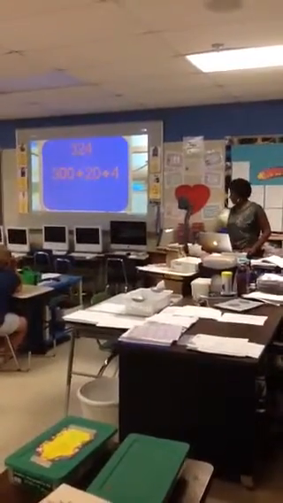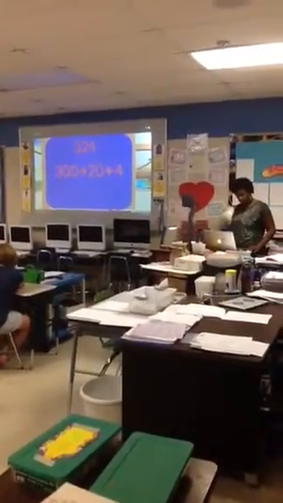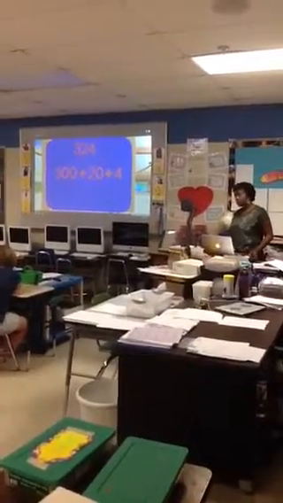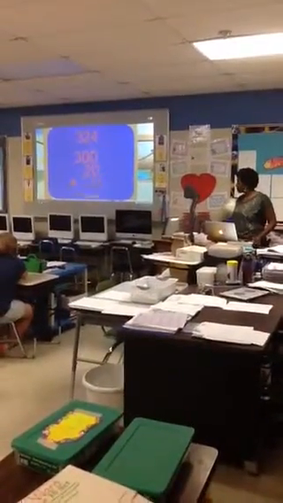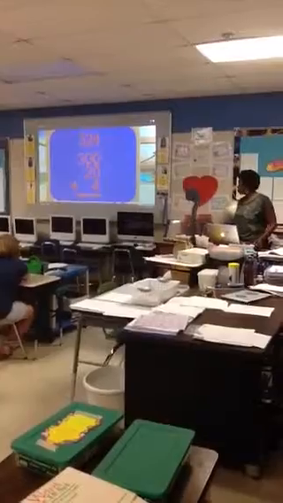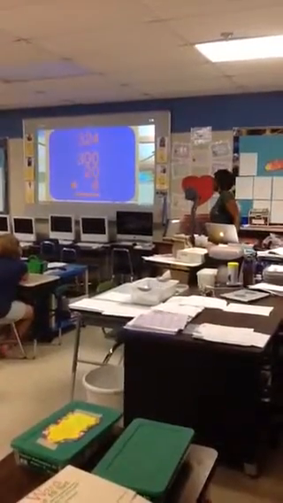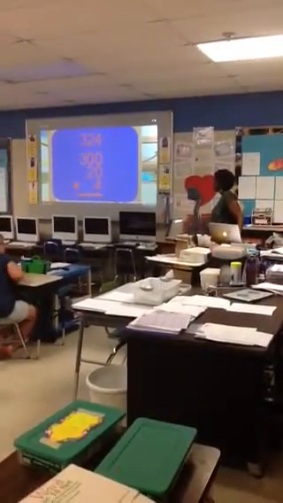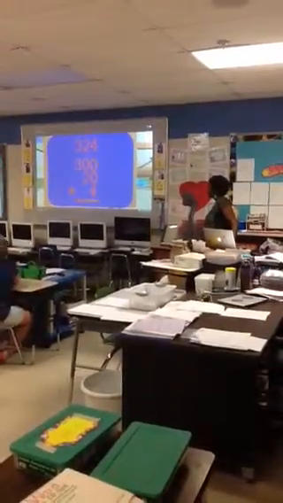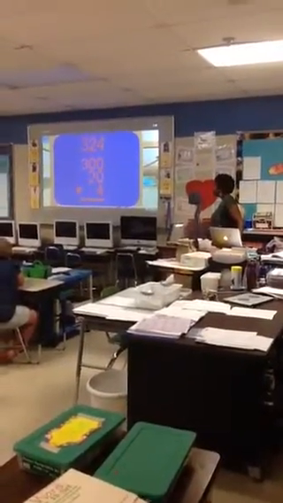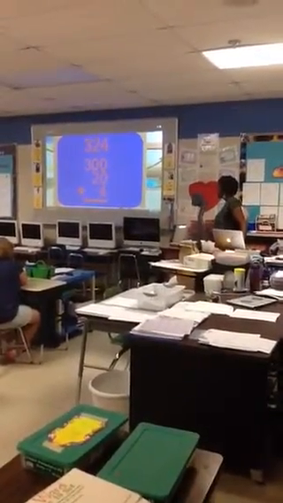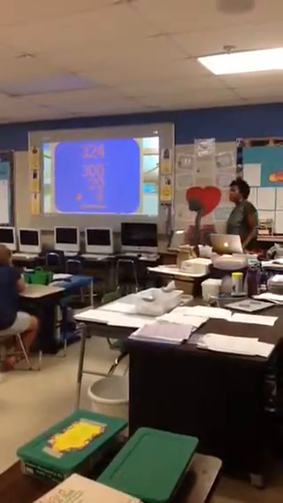We can also write this math sentence vertically. Let's take a look at what it would look like. Here we see the same expanded form in a different way. If you were to add all these numbers together, you would get 324. Isn't that awesome, guys? Whenever you are asked to write expanded form, I want you to try and think of